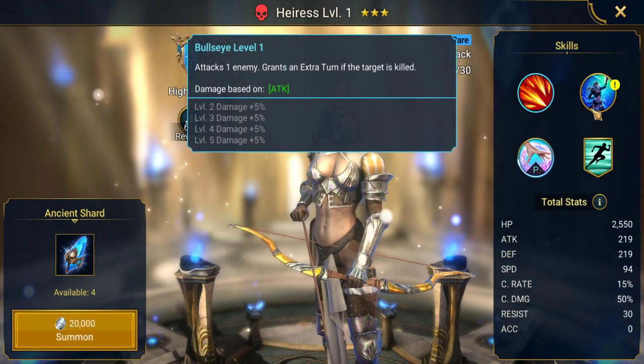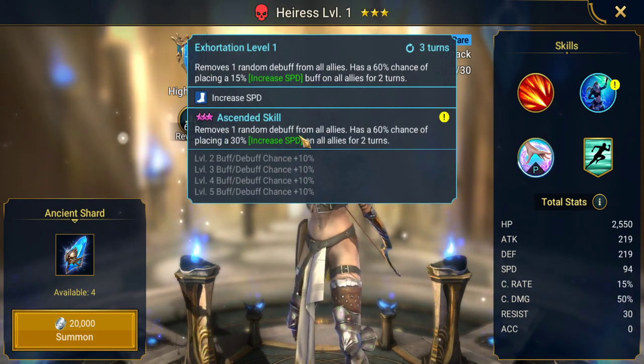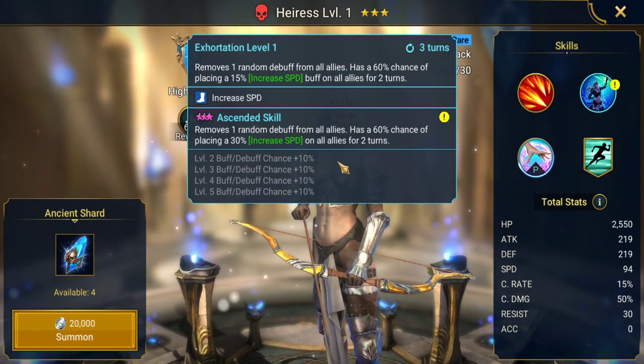Grants an extra turn if the target's killed. This could be fun. Now Septimus has a skill like that. Removes one random debuff from all allies. Has 60% chance of placing